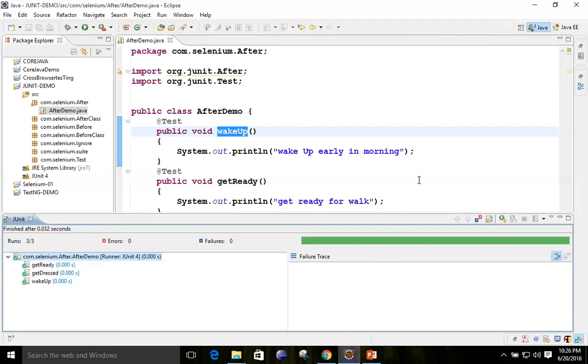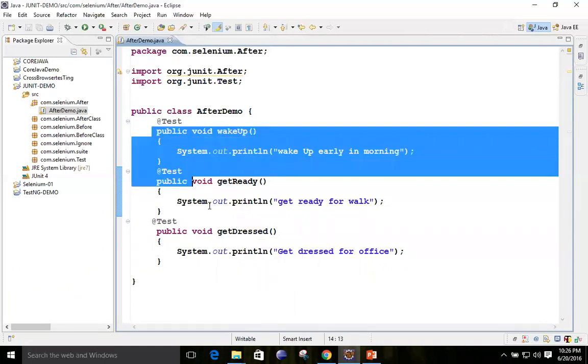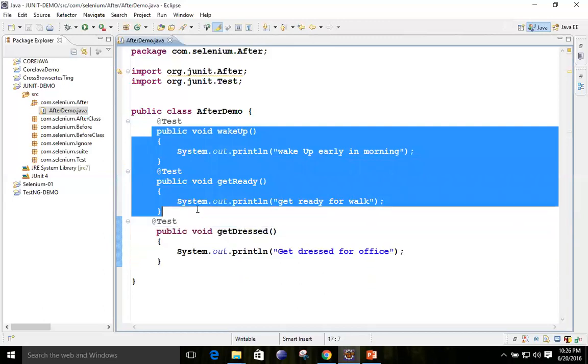Now what I will do is tell my JUnit test case that getDressed should always execute after the other test cases. Suppose we have three cases here; I want getDressed to be executed after these two cases.